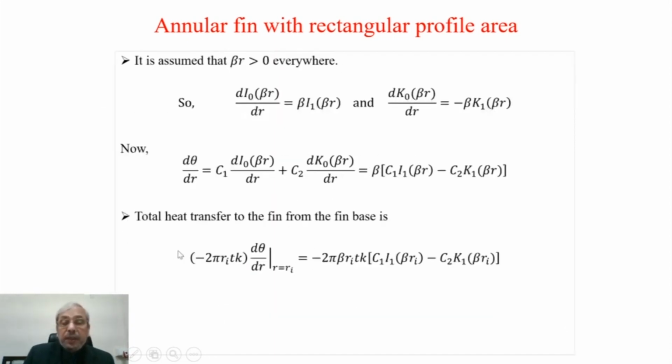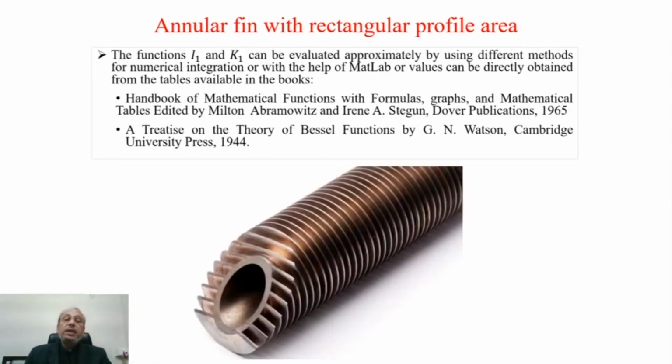We get the heat transfer, which is also in terms of C1 and C2. Now these can be evaluated approximately by using different methods for numerical integration, or with the help of MATLAB, or